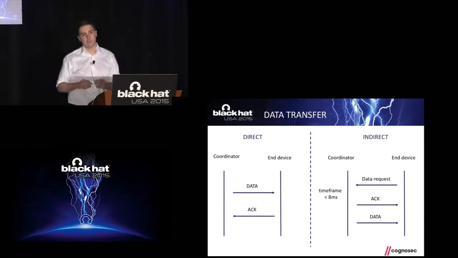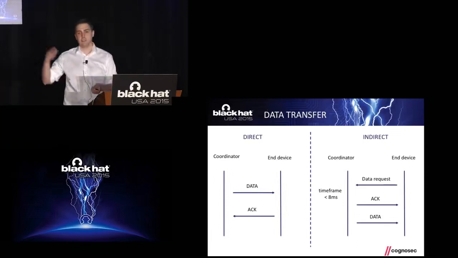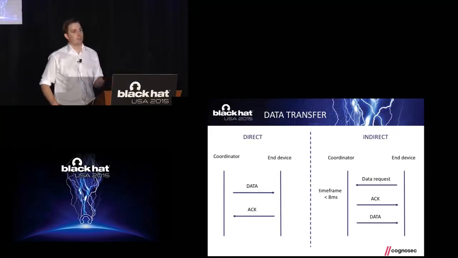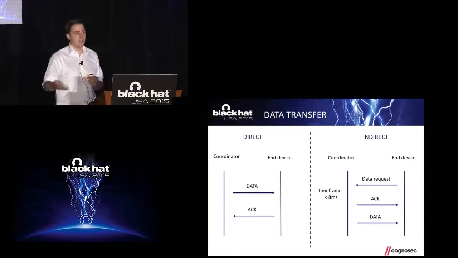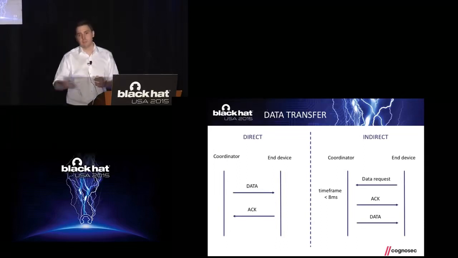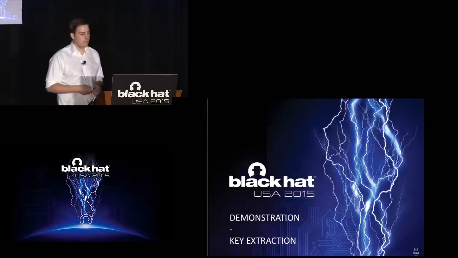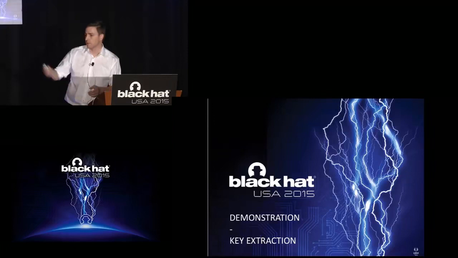So that's why we built our own custom firmware for the Raspberry Pi. So we are now sending the commands using TCP to the Raspberry, and the Raspberry then injects it very quickly to the network, because we have to be faster than the hub, because otherwise you will get an acknowledge that's saying, yeah, there is no frame pending. But we want to inject an acknowledge saying, yes, there is a frame pending, we will send it to you. So that's some kind of race condition there. Now we will head on to the demonstration. I'll hand over to my colleague.